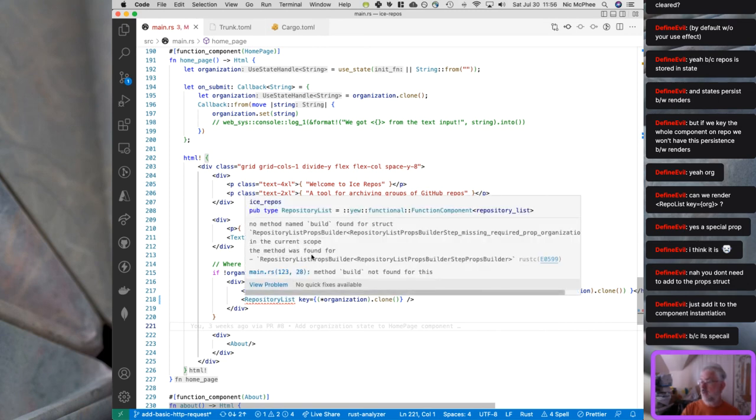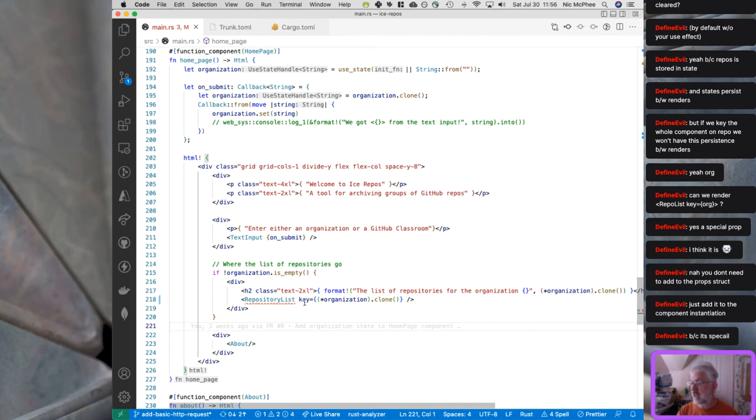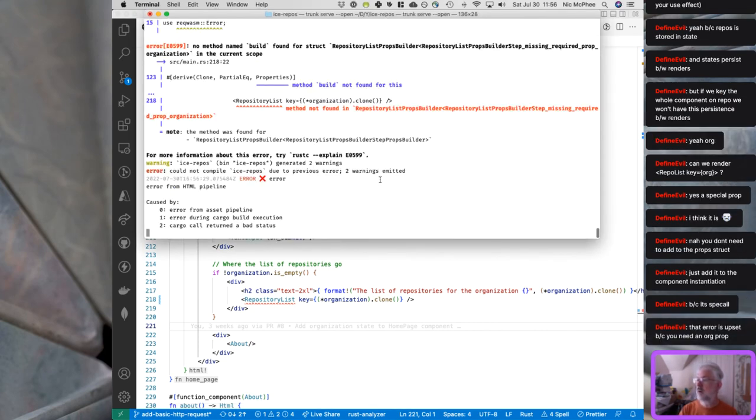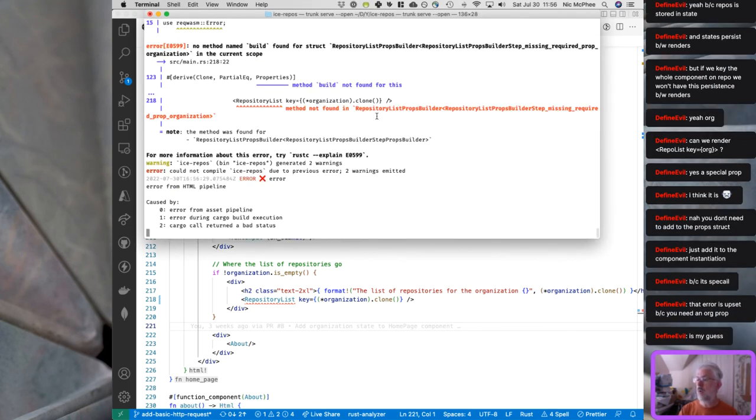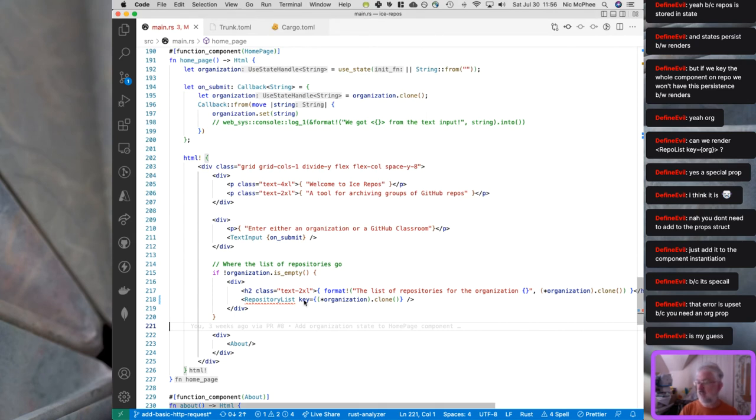Yeah. So I think that this method build not found is essentially saying that this key doesn't match anything in the properties. Do we get a better error message here? No. So this is a place where the errors weren't great. But I think that the key is not a special name here. And so we're just stuck having to,